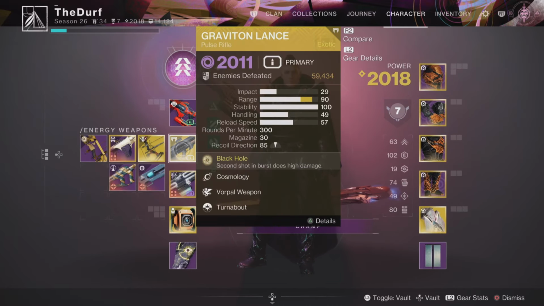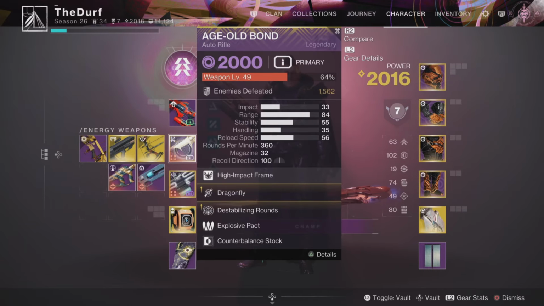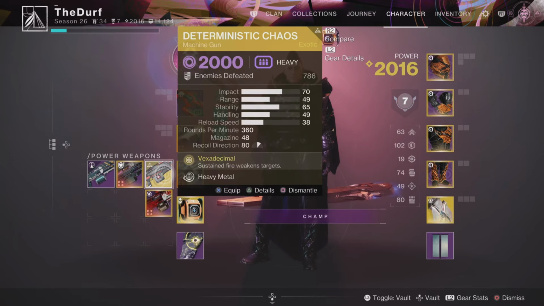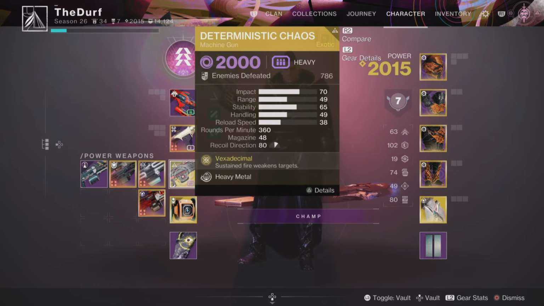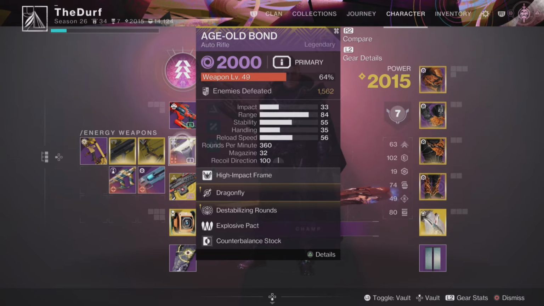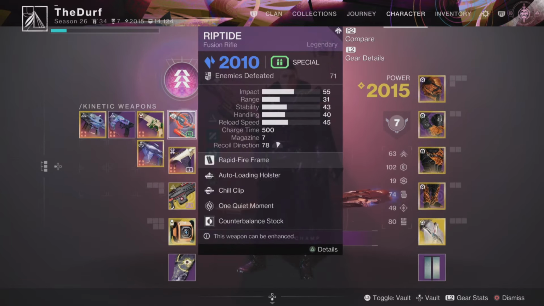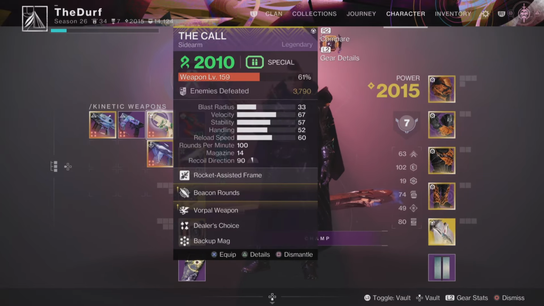And you can proc volatile rounds and still do area of effect damage. If you do that, let's just say you want to run with Age-old Bond. Well, let's say that you're not confident in your skill to be able to proc Volatile before the barrier champ pops his shield. You can come down here and put on Deterministic Chaos. Deterministic Chaos has intrinsic barrier stunning capability. So theoretically, if you build this way, you can have barrier and unstop, or barrier and